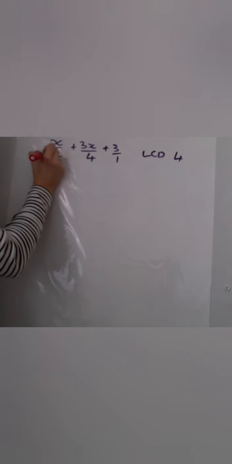So let's make these denominators the same. We need to multiply 2 by 2 to get it to 4. What you do to the bottom, you do to the top. Here, this denominator is 4, so that remains the same. And the 1 we need to multiply by 4, as well as the numerator. So this is going to equal 2 times x, 2x over 4, plus 3x over 4, plus 4 times 3